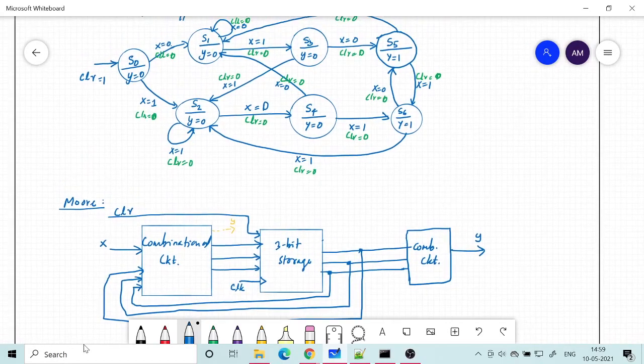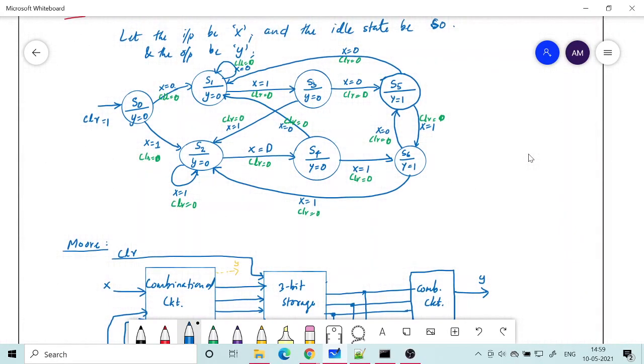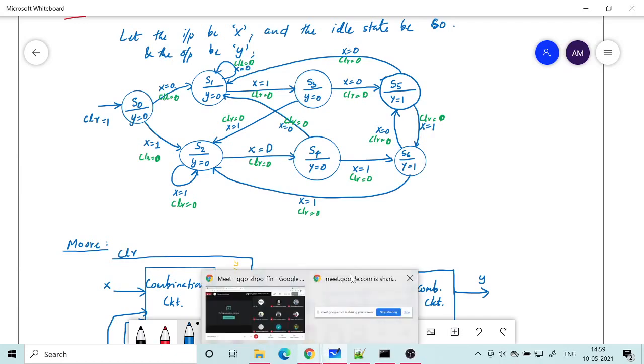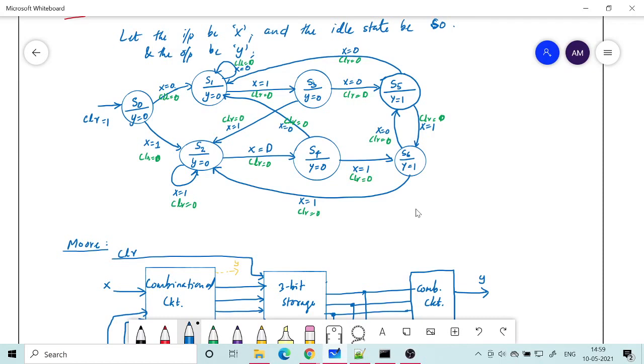Now, okay, so once you have the state diagram, we can write the code for the state change, okay. We will not specify, we will only use the procedural syntax to generate the combinational part as well as the storage element part and the output combinational circuit. All of this we will realize in HDL using only the procedural method. Okay, so let's go to that.